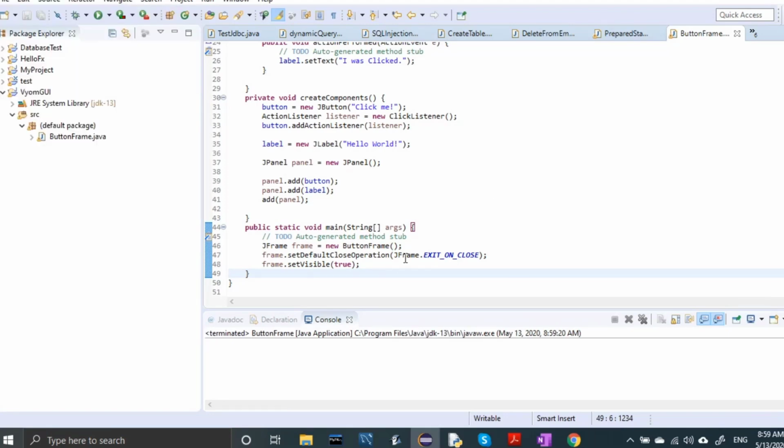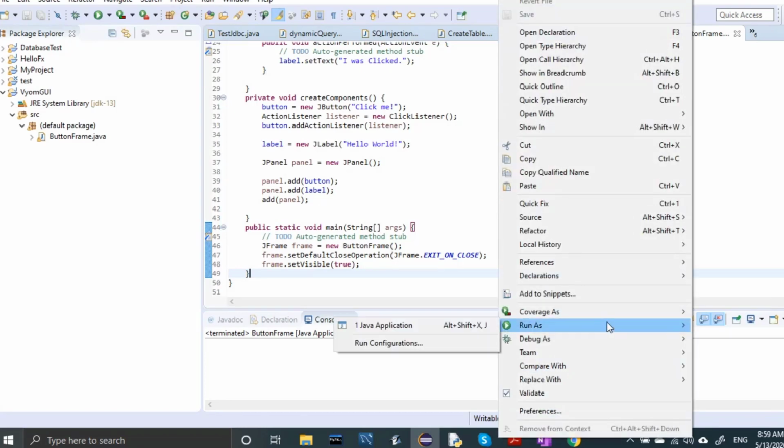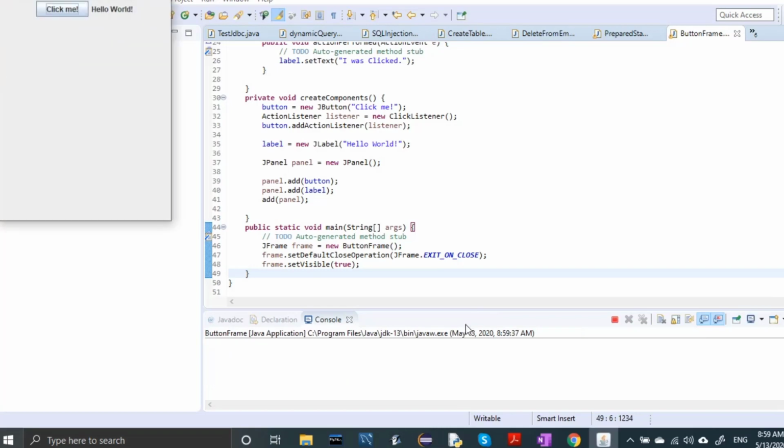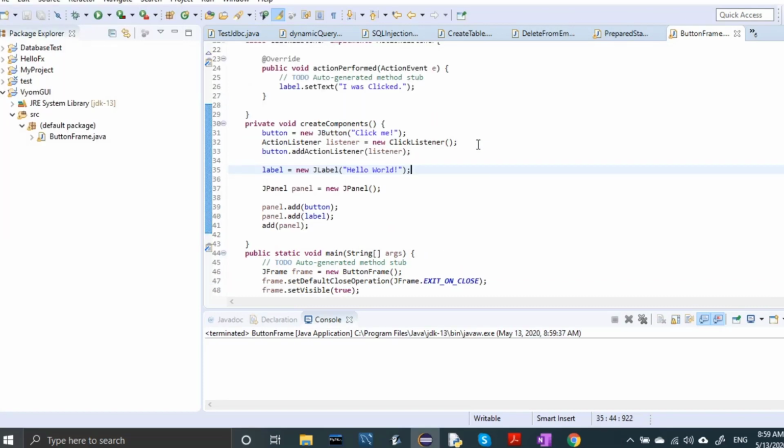Whenever you click the button, it will change the label by calling the actionPerformed method written over here.